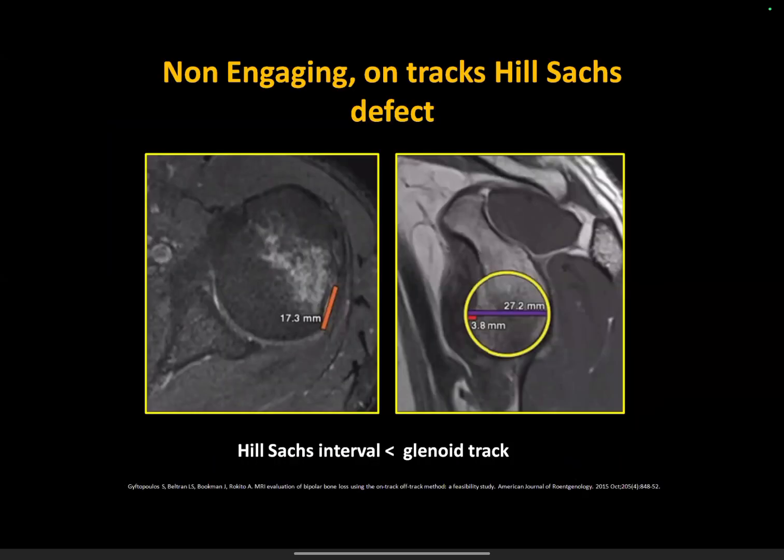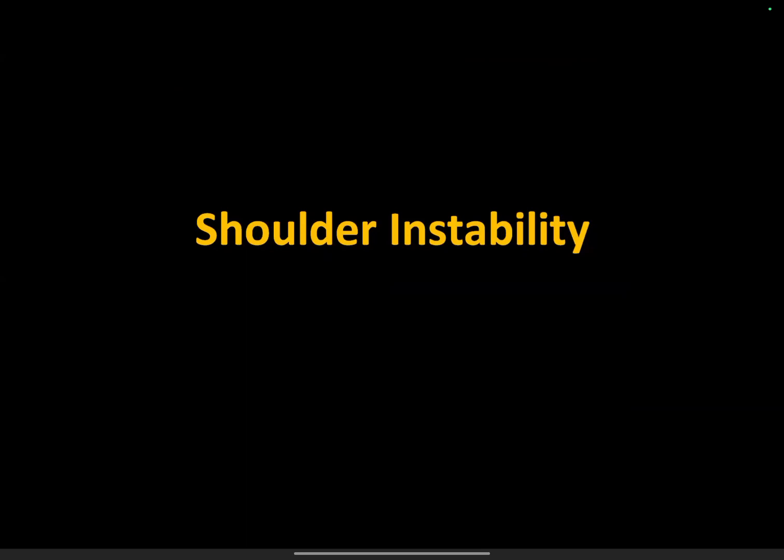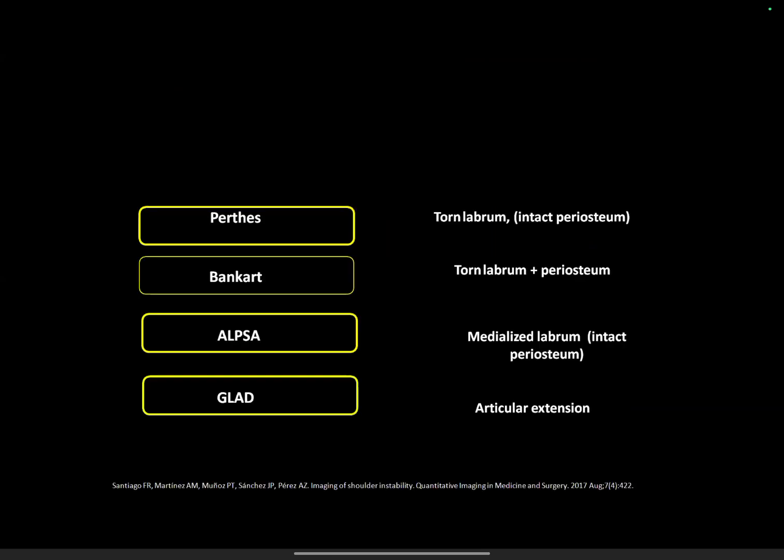Whereas with the non-engaging on-track Hill-Sachs defect, the Bankart glenoid interval will measure more than the Hill-Sachs interval, and basically it's quite more stable. Now, when we talk about shoulder instability, most of the cases happen in the setting of shoulder dislocation. So when we talk about anterior shoulder dislocation, other than the Bankart lesion, we have to talk about other types of labral injuries, because injury to the labrum could be associated with instability